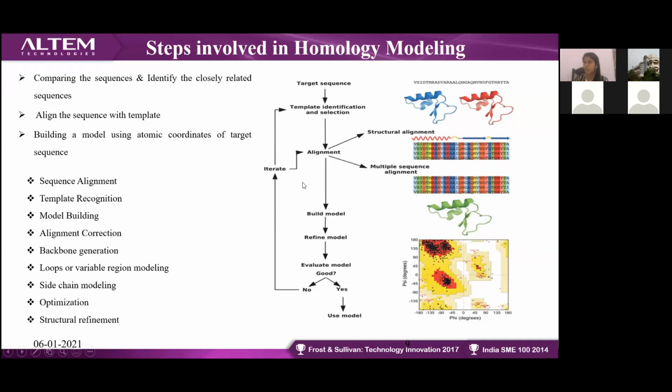It will ask for your target sequence as well as a template sequence. You can perform Modeler only if you have a template sequence. In case the template sequence is not available, you cannot perform it through Modeler, and you can try Swiss Model, a website that is available. Apart from that, Robetta and I-TASSER; I-TASSER is for threading related structure modeling. Like that, there are many homology modeling related servers available online, and you can try those also.